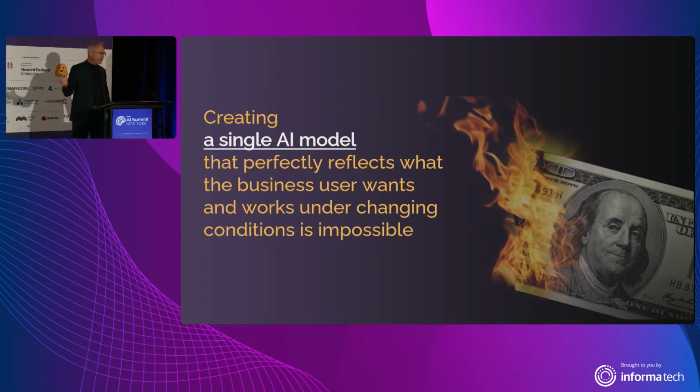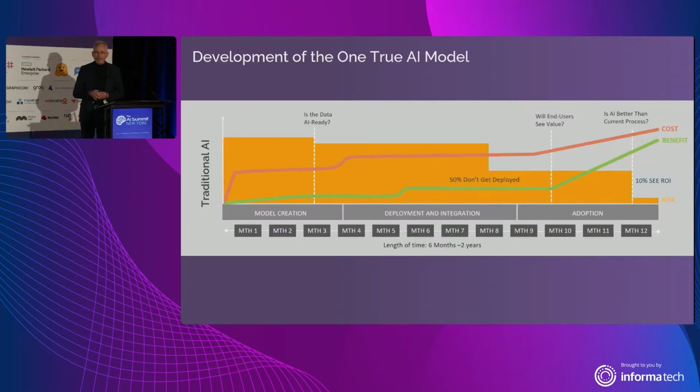Also, when I get done with this thing, what's going on in the market? If conditions have changed, how do I factor that into the creation of my model? So it's really a losing proposition to think that I'm going to come up with this big model. It's also anathema to what we're trying to do in digital transformation. And that is, when we're trying to do digital transformation, we want agile. Well, let's look at this picture. This is a traditional AI development process, and it doesn't look all that agile at all. As a matter of fact, it looks rather waterfall.